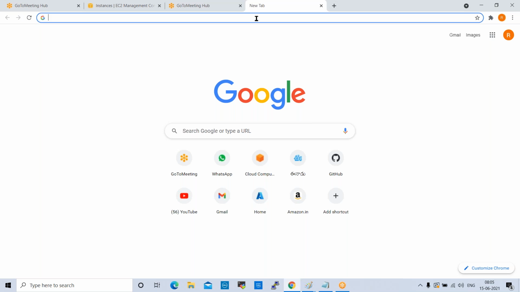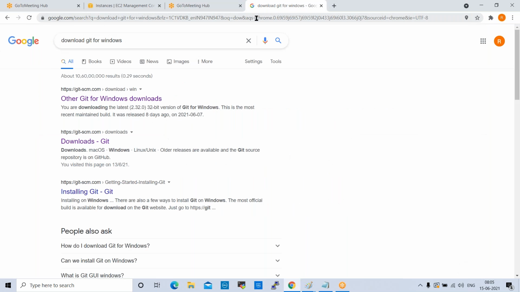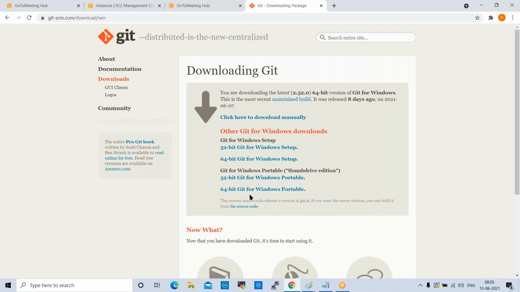Just simply type here: download Git for Windows. Click on the first URL, and you can download the portable version, the 64-bit Git for Windows portable. Once it is downloaded, you can just click on that exe file. That's it. Finally it will ask you to finish that. If this portable version is not working,